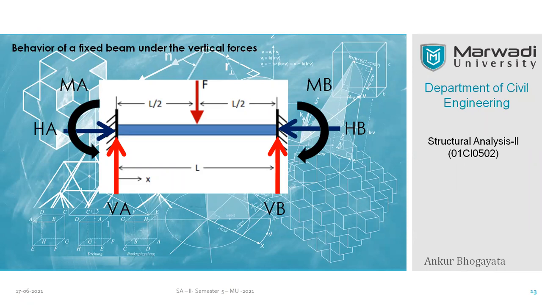If you are dealing with the space structure, you will have one vertical reaction, two horizontal reactions, and three moments around all three axes. So basically you have six reactions at each end. But the nature will not be changing if you change the load in a particular fixed beam. This is just for your reference.